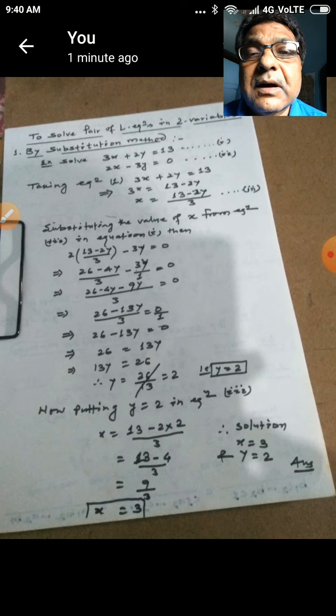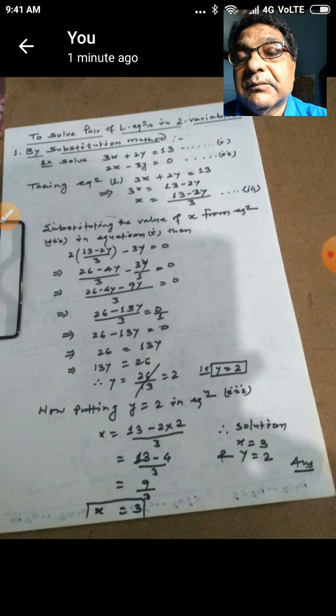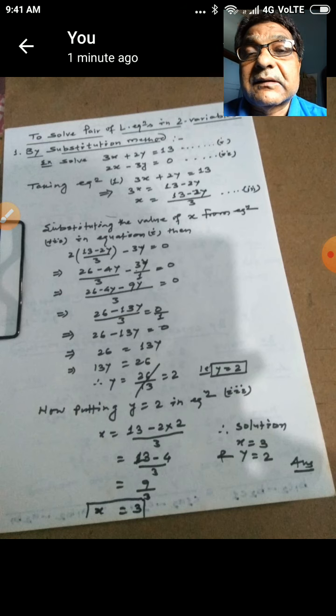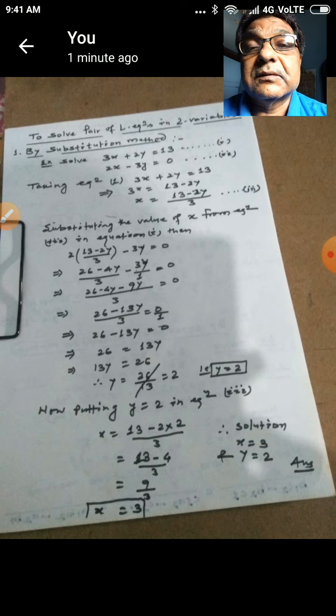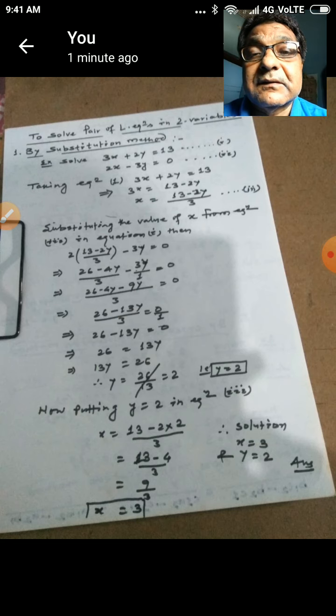Just by drawing the graph for the given pair of equations, we have calculated the solution of the given pair of equations, as well as various types of questions related to graphs, like finding the area of the triangle formed by lines with the x-axis or y-axis, writing the vertices of the triangle so formed, and also writing the points where the graphs meet the x-axis and y-axis, etc.